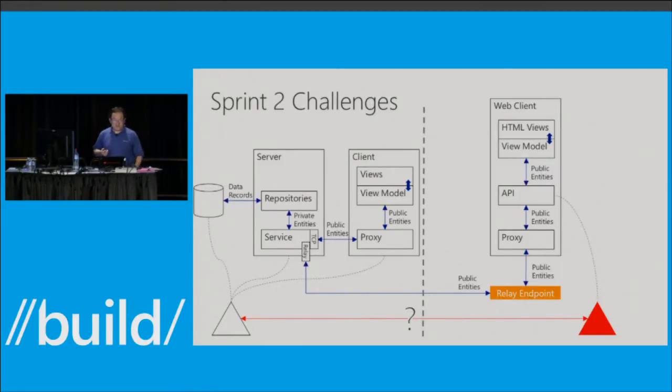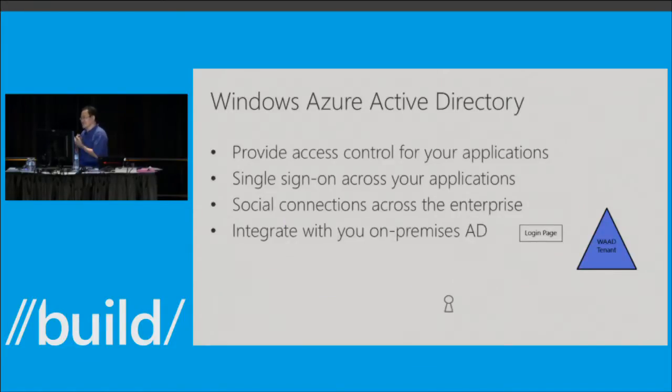And if you know about Windows Azure, you probably know where I'm going with this. This is what Windows Azure Active Directory solves. Basically, it provides you the capability to authenticate your cloud applications. It provides a single sign-on capability, not only among your own applications, but with millions of users who have been using Windows Azure Active Directory as well. For instance, all the Office 365 users are actually using Windows Azure Active Directory for authentication.